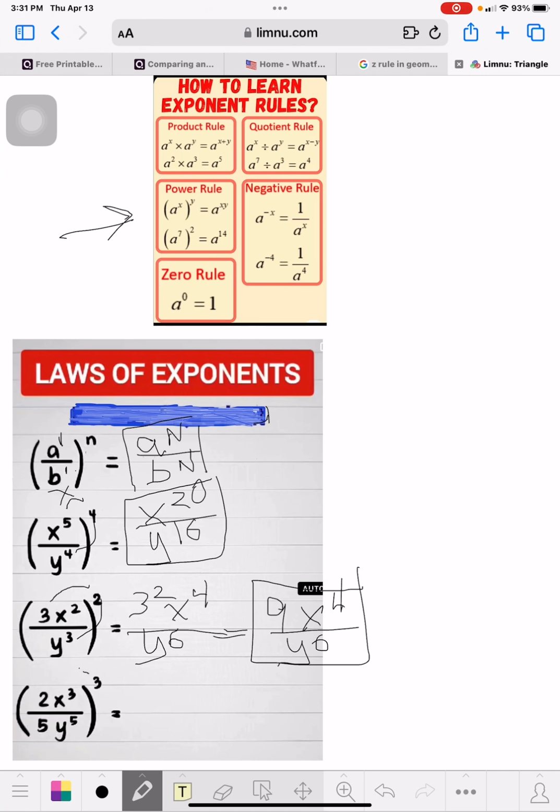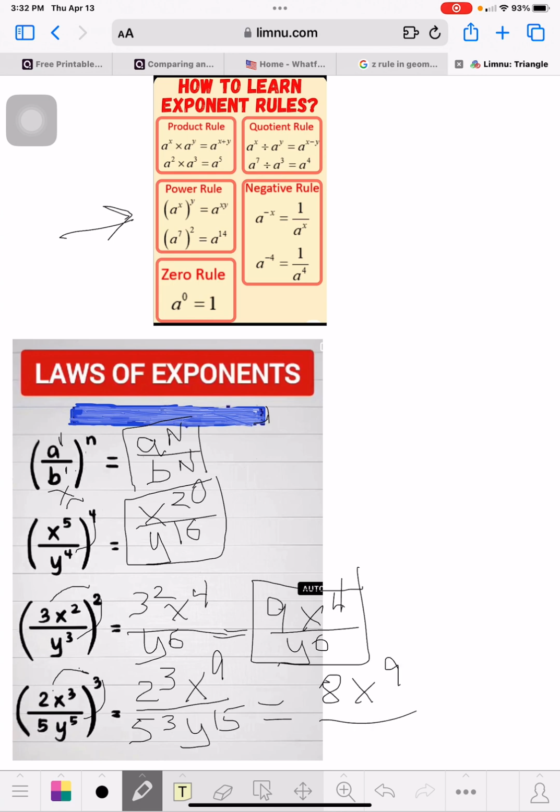Okay, let's go to the next one. So we go to the 3 times 2, 2 cubed. 3 times x cubed is x to the 9th. 3 times 3 is 9. Now on the bottom, we get 5 cubed. And then 3 times 5 is 15, so y to the 15th. Now let's carry that out. 2 cubed is 2 times 2 times 2. So we get 2 times 2 is 4, times 2 is 8. So we get 8x to the 9th